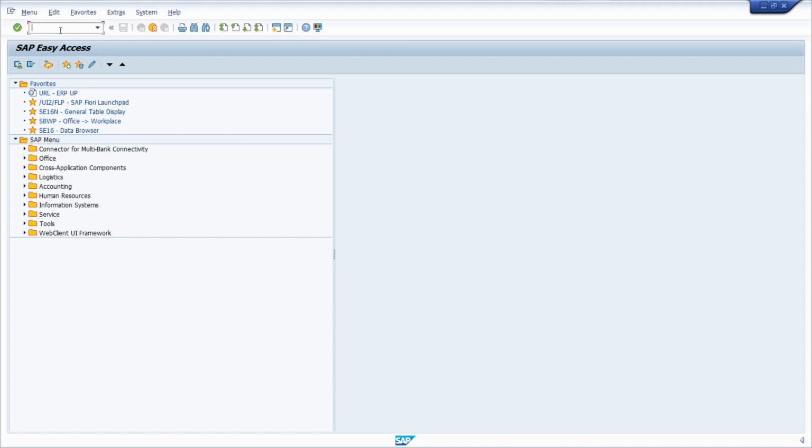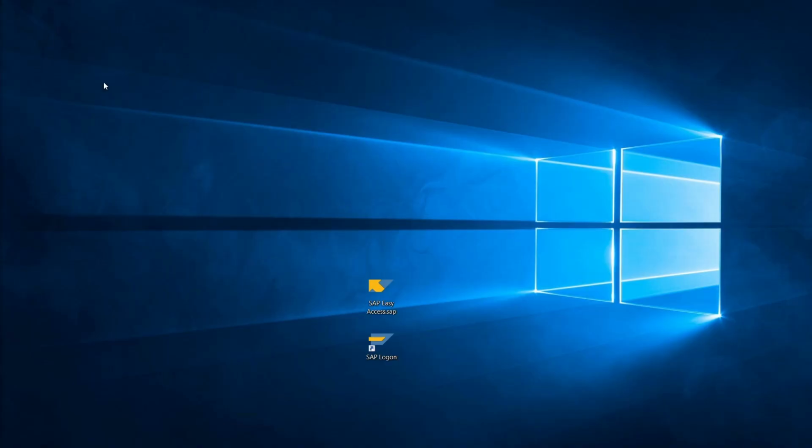And you can also use the shortcut /NEX in the command field, and there you will be logged off from the SAP system. All of your modes, your windows, will be closed without being asked. So in this case, if I hit the enter key, then as seen, I'm logged off from the SAP system